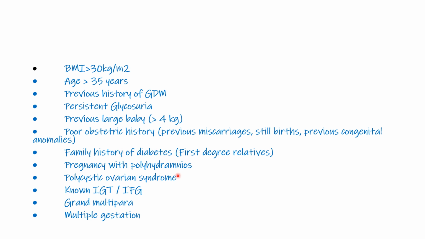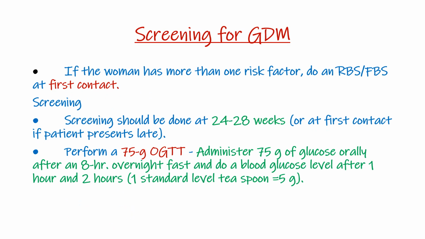polyhydramnios. Diabetes is a risk factor for polyhydramnios, polycystic ovarian syndrome, impaired glucose tolerance or impaired fasting glucose, grand multipara, so a woman who has had several babies, and multiple gestation: twin pregnancy, triplets, quadruplets, sextuplets. So screening of gestational diabetes, as you've mentioned before, gestational diabetes is commonly in the second and the third